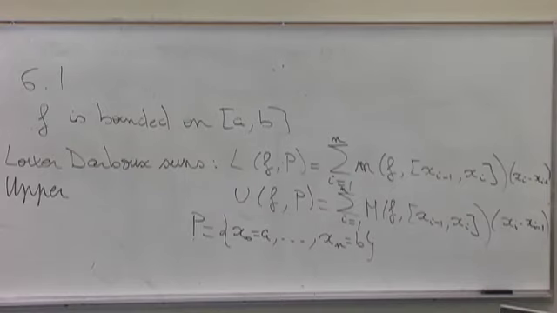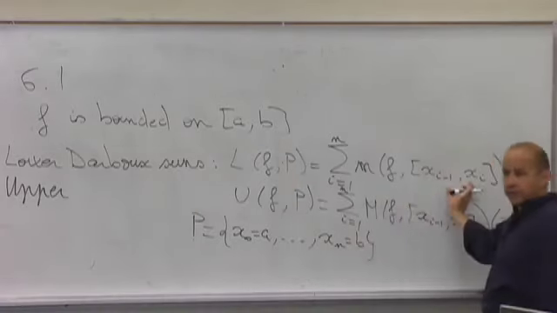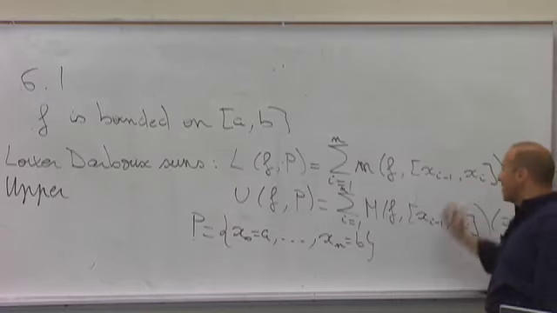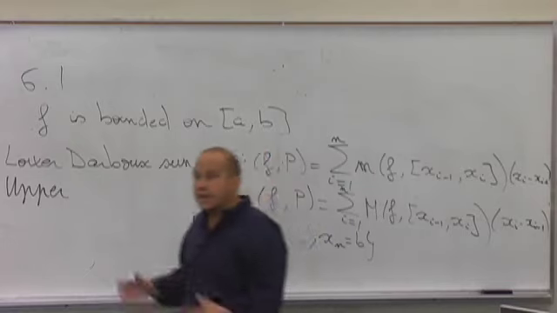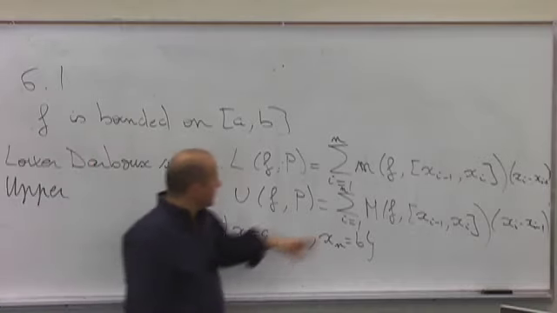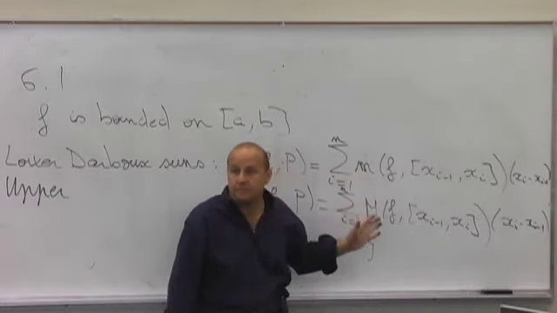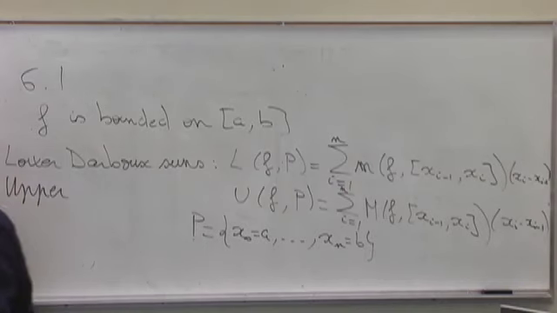And then you form these rectangles. For the lower Darboux sum, you take the greatest lower bound of your function on the interval x_{i-1}, x_i. For the upper one, you take the least upper bound. And that gives you your Darboux sums. You can do that for any bounded function, because then these numbers are defined and finite. Now, we'll say that a function is Riemann integrable